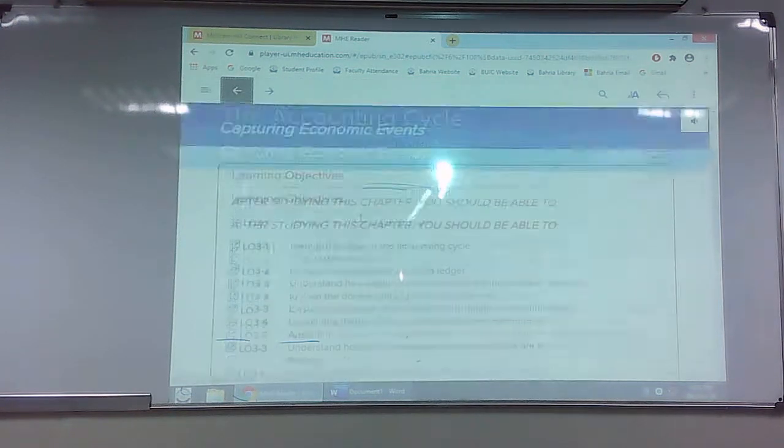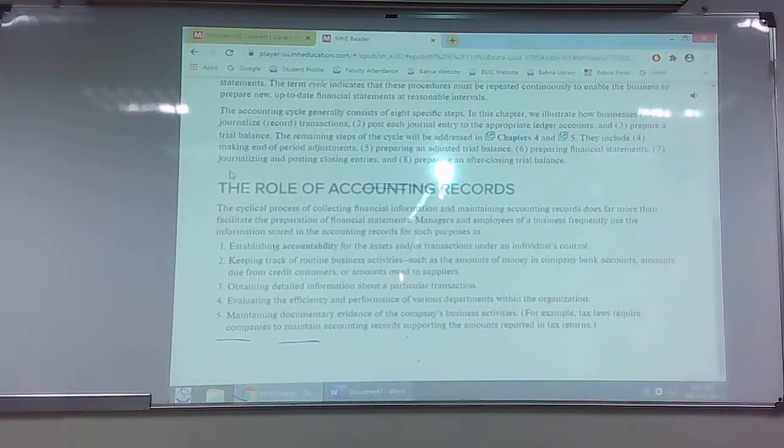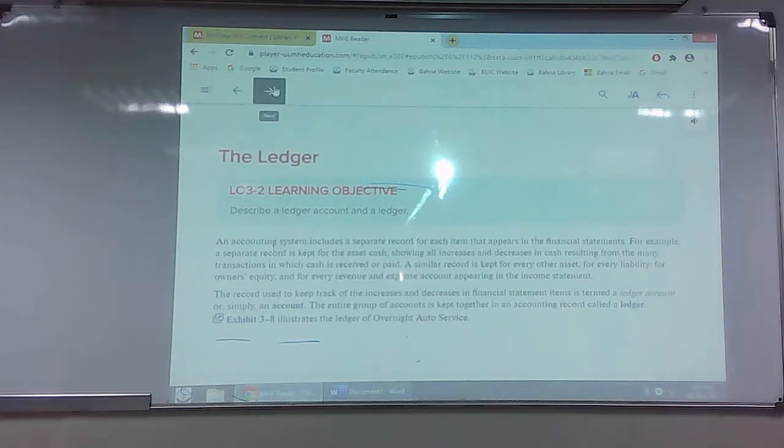Similarly, we go to the next phase, the role of accounting records. I've already mentioned this. We need to keep track. There is efficiency, documentary evidence of the business activities, and accountability. Naturally, we need to know what's happening to the company's shares and the company's progress, because we assume that the company is doing well if it is a public limited or public listed concern.